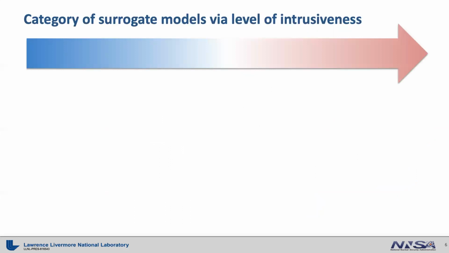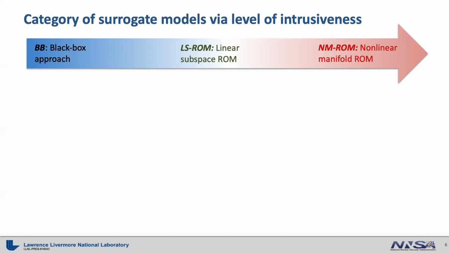These surrogate models can be categorized by their level of intrusiveness. For example, the black box approach, denoted as BB, is the least intrusive method, requiring only data. Then we can think of more intrusive methods. First, the linear subspace reduced order model, so-called LS-ROM, where the state fields are represented by a compact linear subspace. And even more intrusive methods, that is nonlinear manifold reduced order models, so-called NN-ROM, where the state fields are represented